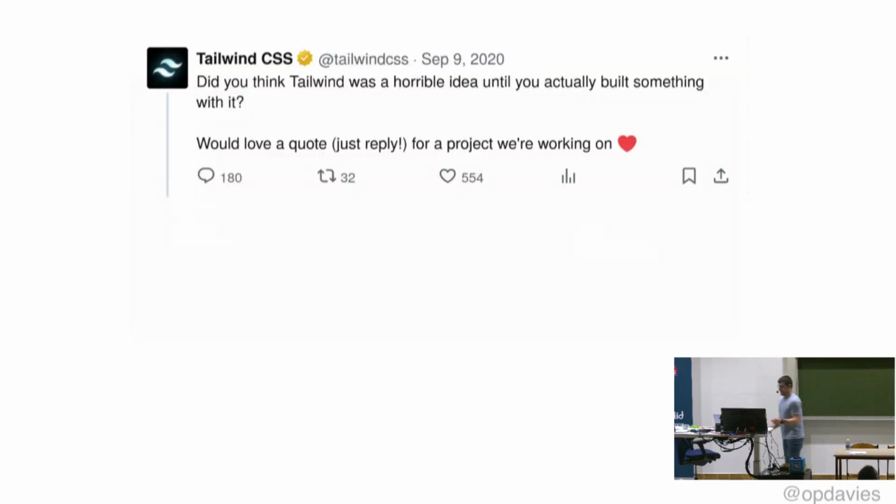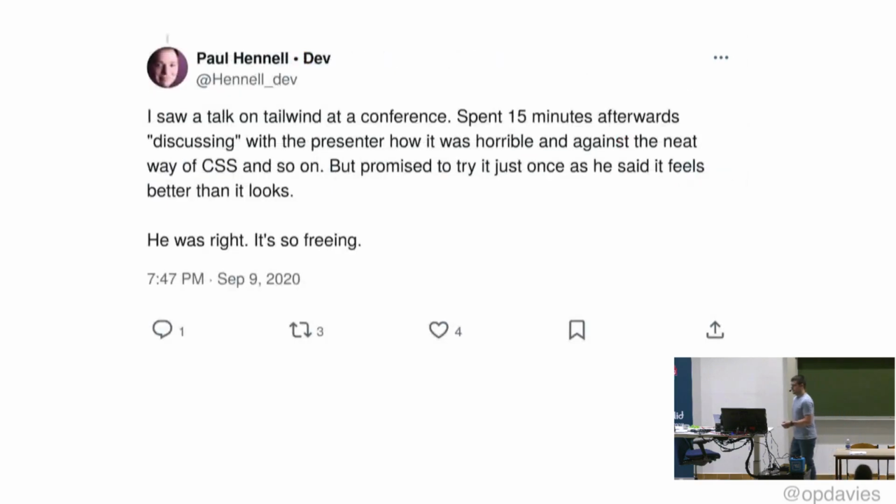So finally, I'm just going to show a couple of tweets. This is one from the Tailwind CSS account. Do you think Tailwind was a horrible idea when you started using it? A lot of people have this opinion, it's backwards from what we're used to seeing. And we all have it. There's this aversion to it to begin with. And then Paul responded, I saw a talk on Tailwind CSS at a conference,